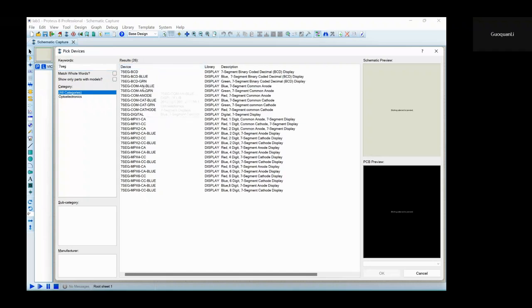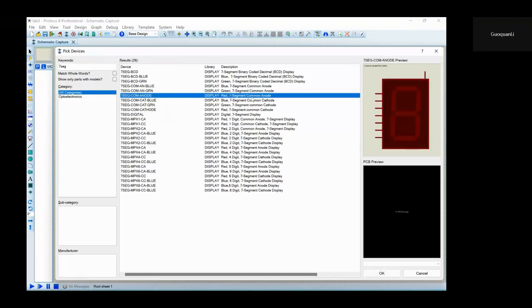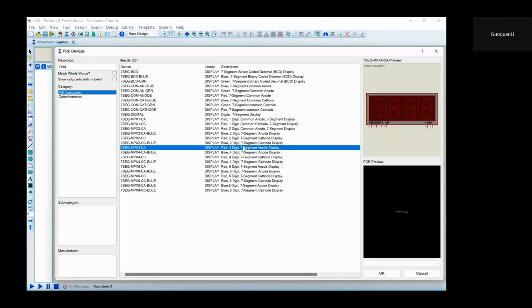You can see COM anode. Can you see that? AN means anode, CAT means cathode. You can pick, and there is a description here. You can pick one here, and you can also pick the CA or CC one by using a combination of 4. Here you can see 4